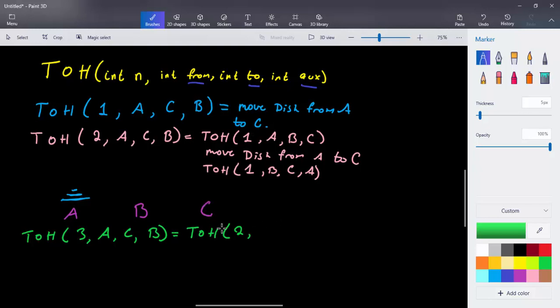So let's just write that out. Let's try to get these 2 disks out of the way. So 2 disks from A to B using C as auxiliary. And then we're just going to move A to C. So move disk A, move disk A